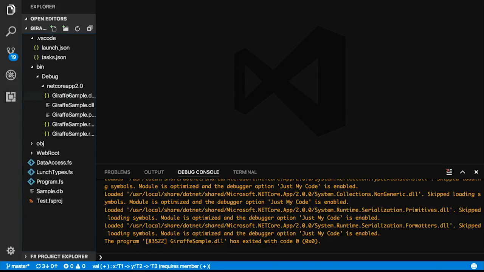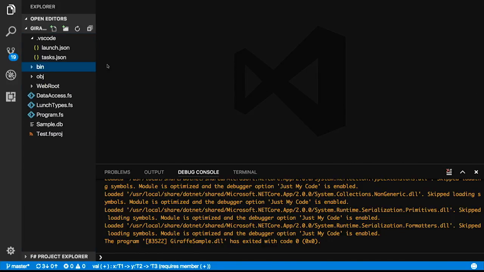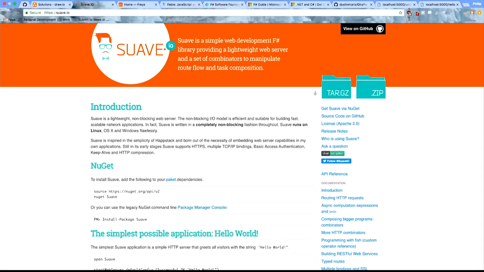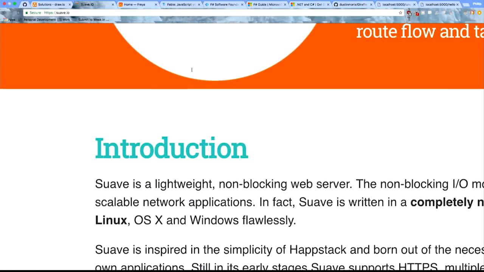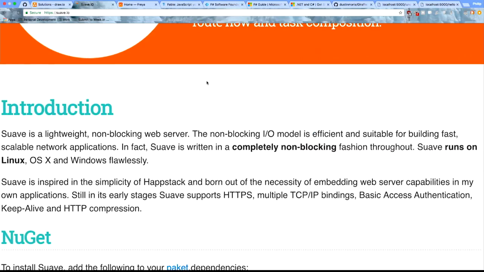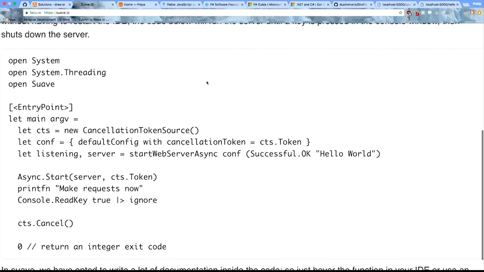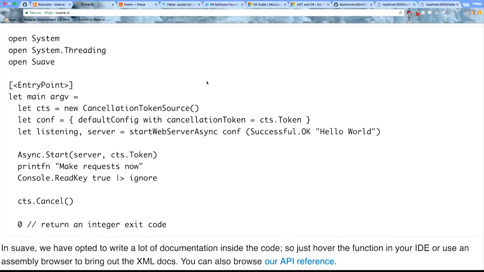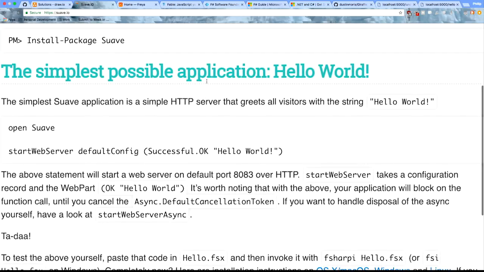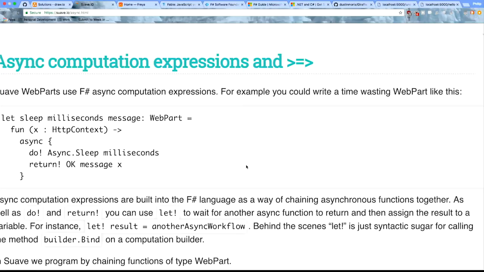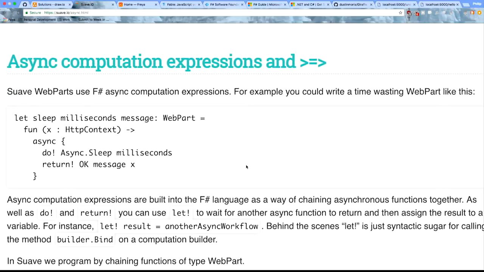So let's see here. I showed a few things, and I showed the Giraffe web server, but Giraffe is not the only technology that you can use in .NET Core today. I'm going to swipe over here. Oh, that's a little big. There's this thing called Suave. And by thing, I mean a library. Suave is just a lightweight, non-blocking web server, and it's just a library that you can use, and it looks somewhat similar to Giraffe. You can just start a web server and define some routes and have fun there. It even uses some of the same syntax where it composes these things known as web parts